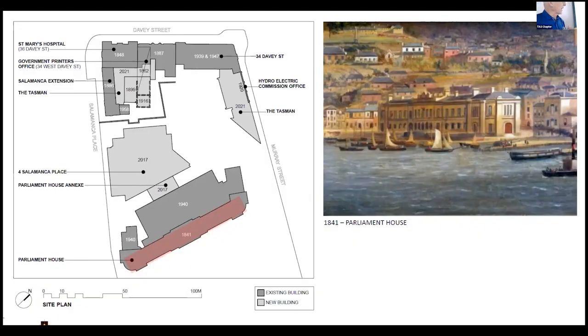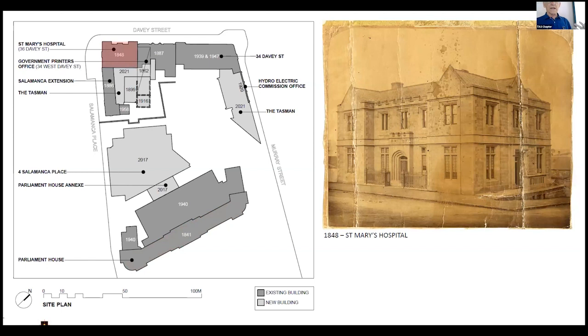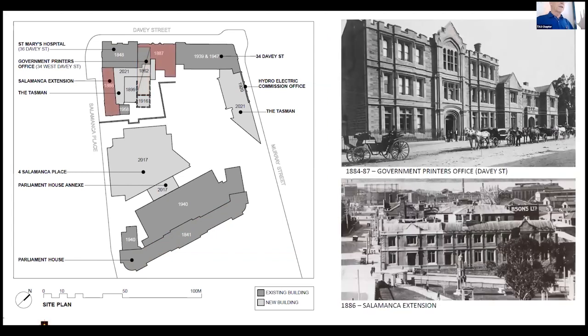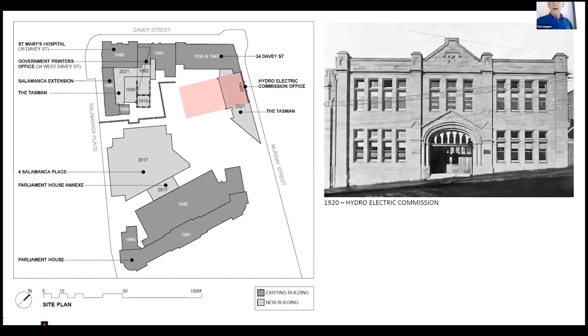The new building at the back of that, the new office block at the back of it, we actually documented and designed the interface elements in Parliament House itself. But elsewhere, the remaining heritage buildings were retained as part of the hotel. So St Mary's building, the government printer's office, which was a red brick building in the middle of the site, which was not heritage listed. The main part that you see on Davey Street, which is heritage listed,